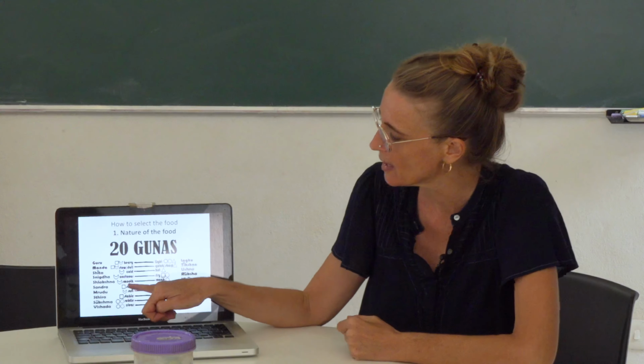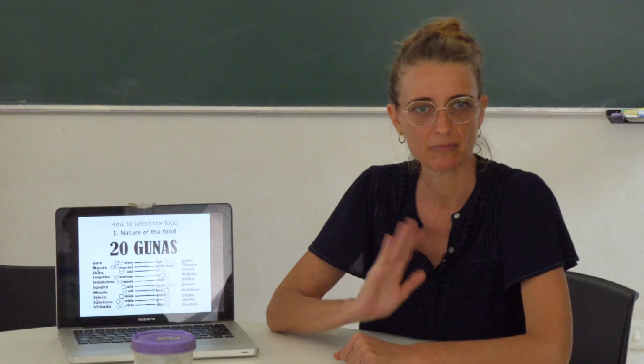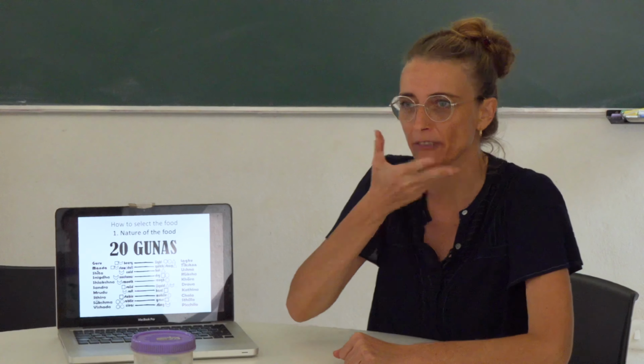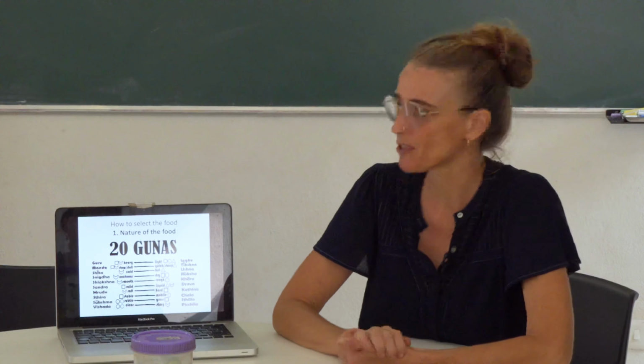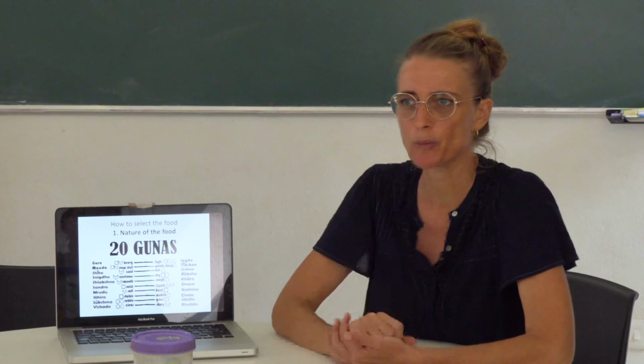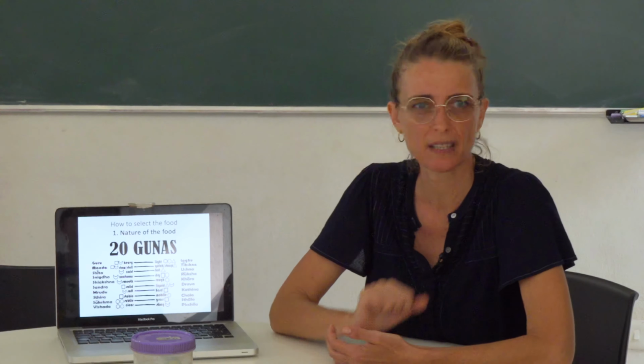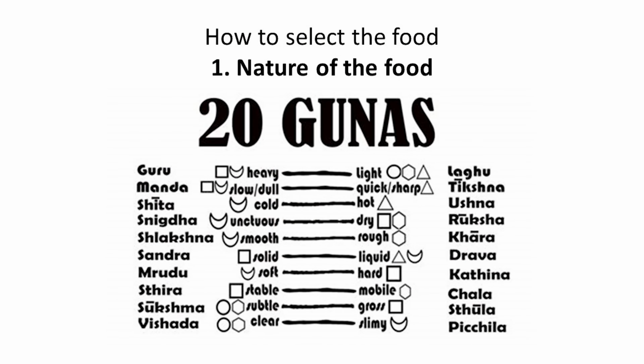Smooth and rough. Smooth would be the skin of an apricot. So when you put it in your mouth also, it feels smooth and round. Rough would be spiky or would be like pepper sand. Solid and liquid. So do you need to chew longer to reduce it, or liquid, does it go fast into the stomach? Soft and hard. So yeah, that will be about the density of the product.